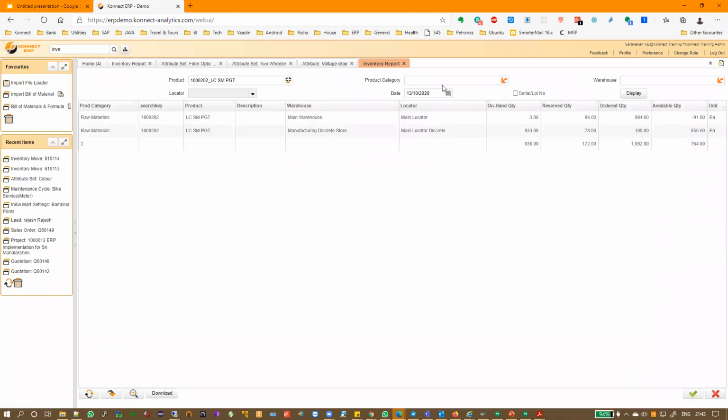So this will tell me, see, I have further selections of category or warehouse. So in one warehouse, I can look at all the products and the quantity, or I can look at a product, and all warehouses, what is the stock, or I can look at one warehouse and say in one warehouse, what is the stock.